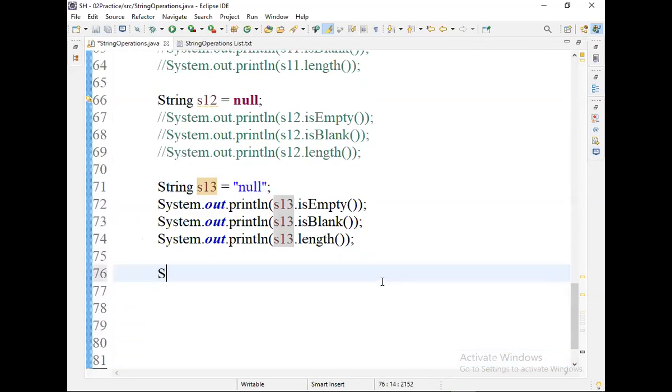Next I'm writing String s14 equal to scn.nextLine, reading one string from the keyboard.